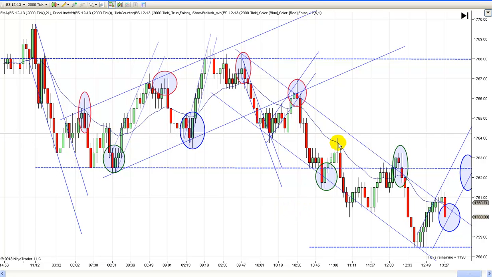I didn't like entering long here because you're not back to this trend line. It's bouncing off the lows of what could be a trading range. So I didn't necessarily like going long right there, but this is a little aggressive, and if you wanted to treat this like the range, you could actually go long right here. It would have worked. I didn't necessarily like it because it's starting to look like a channel here, and I think I might have originally had that right there.